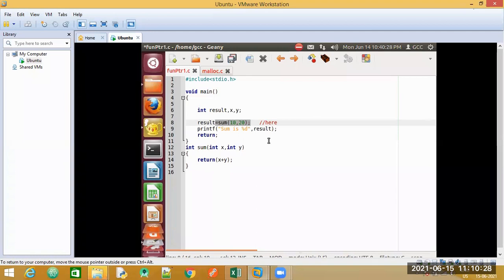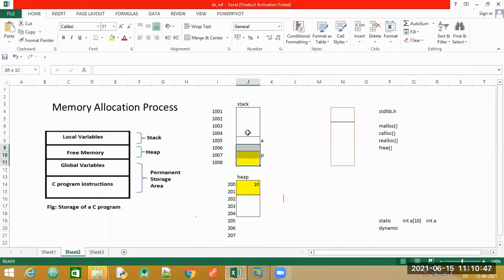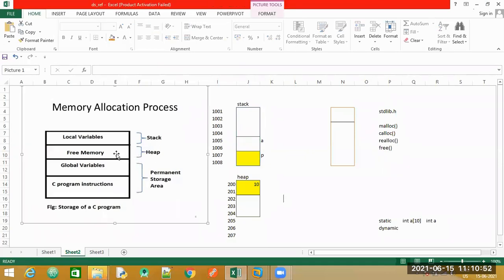Anything declared here will be called a local variable, which is used only inside this function. All these take up memory space, and the memory space they take up is your stack. Here I demonstrated that to you. Coming to your heap section.